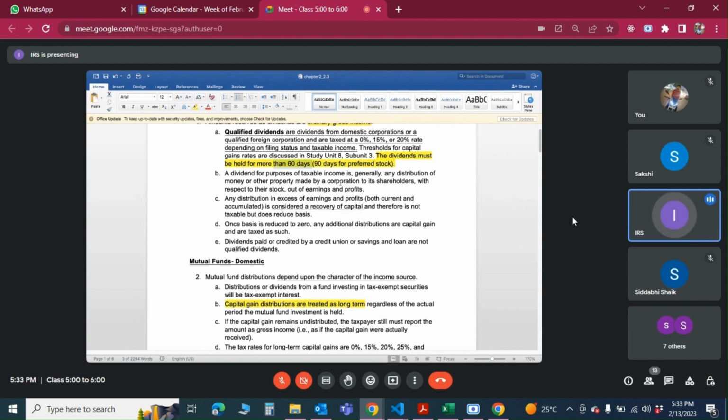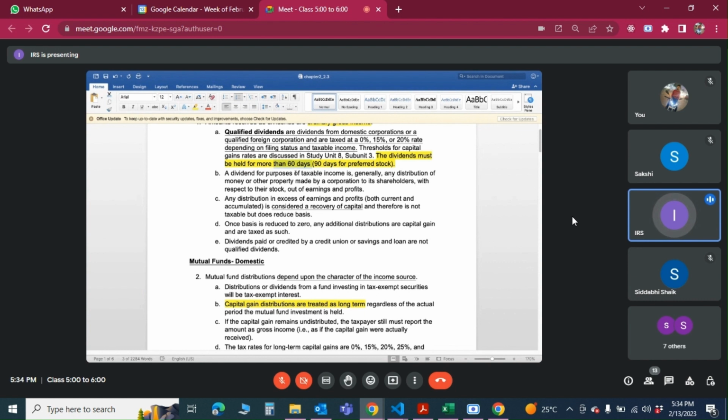We should not just blindly go with the forms that are given, take those 5-10 forms and start putting them in without realizing what was done last year. It always has to be consistent. It should make sense from one year to the other, and it should make sense when we talk to the client. We try to understand what has happened with their financial assets in the last year, and that story should tie in with the increase or decrease in taxable income for that particular year.